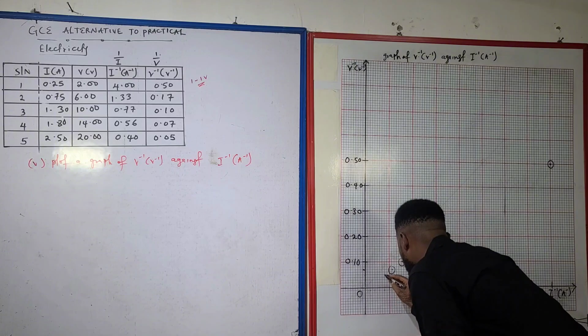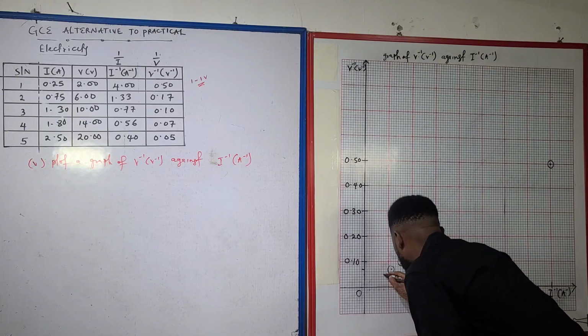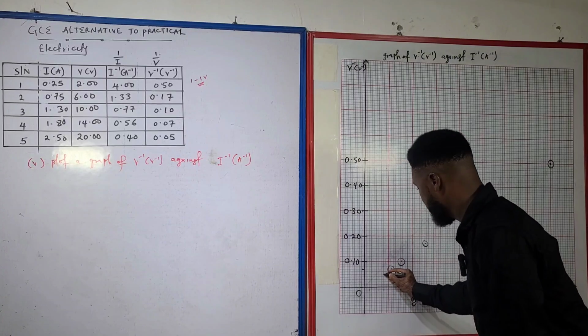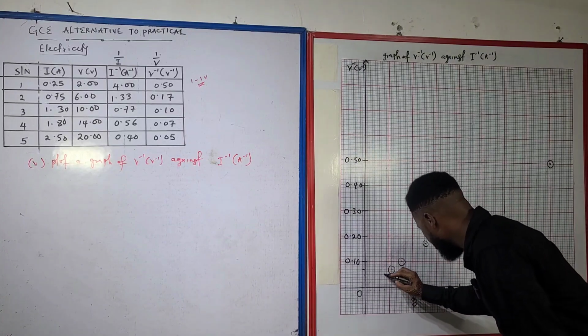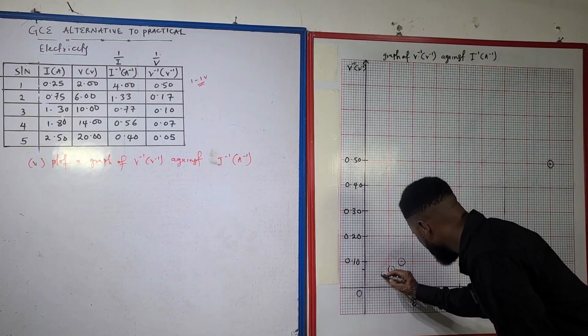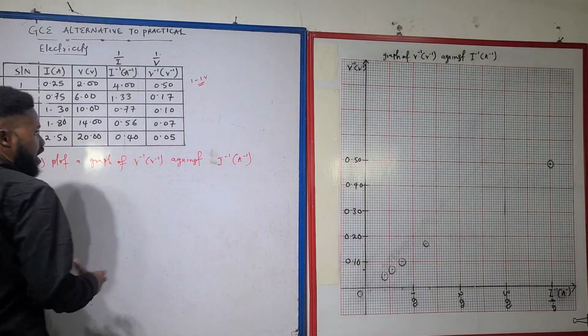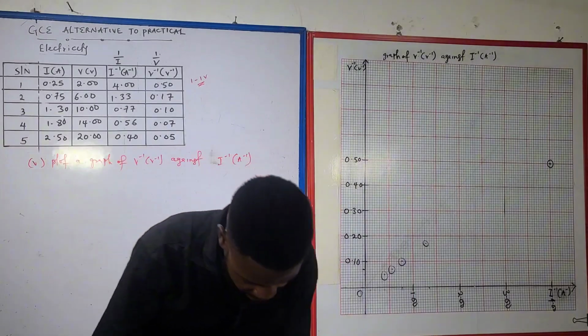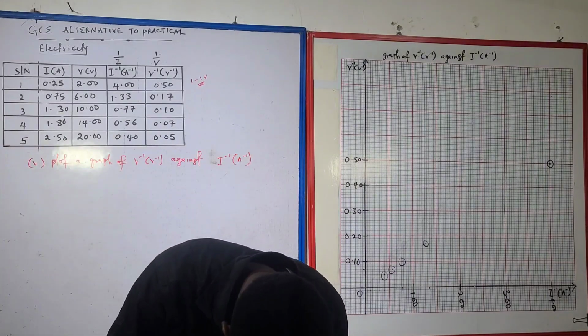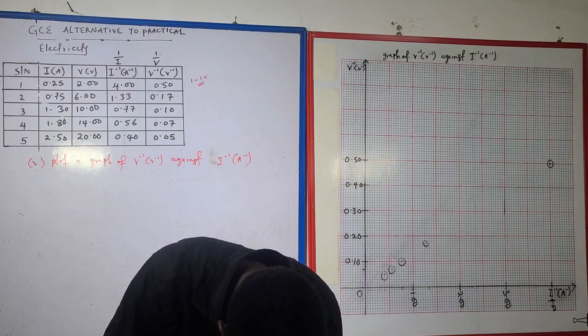That should be here. That way I've been able to get my 5 points together, and that is for plotting of my graph on Roman figure